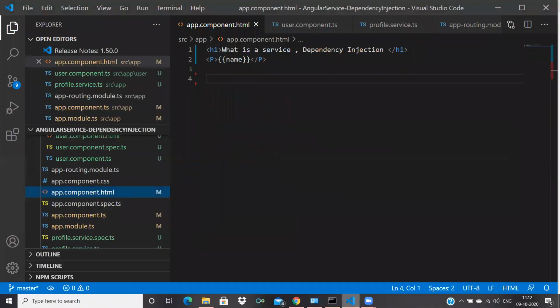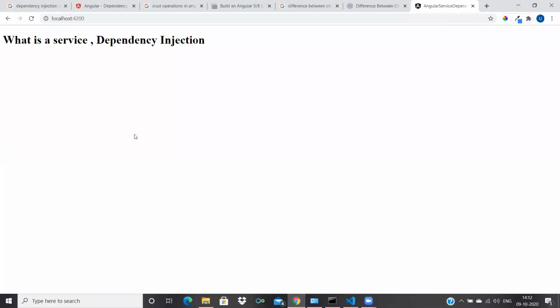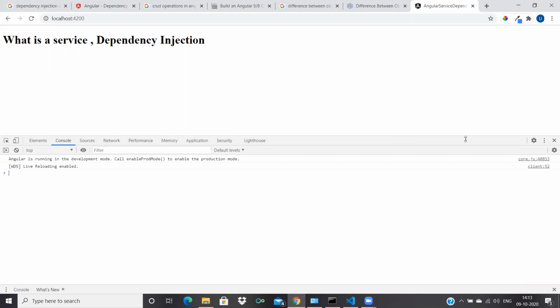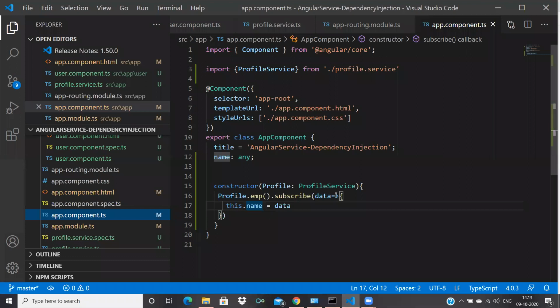No, what happened? Dot name and data. Let's check if there is any error. No, it is running well. Let's check, or else come to service.